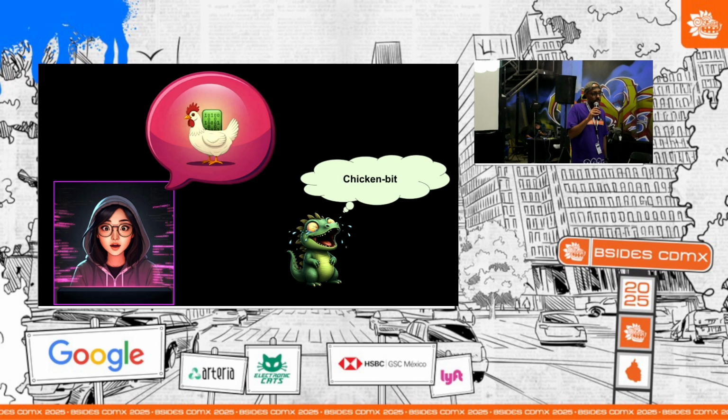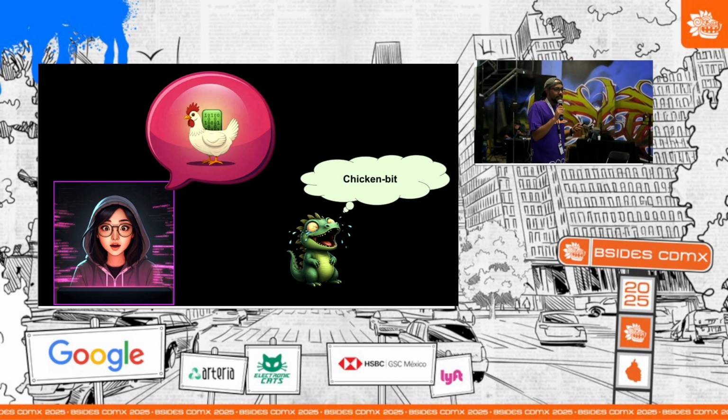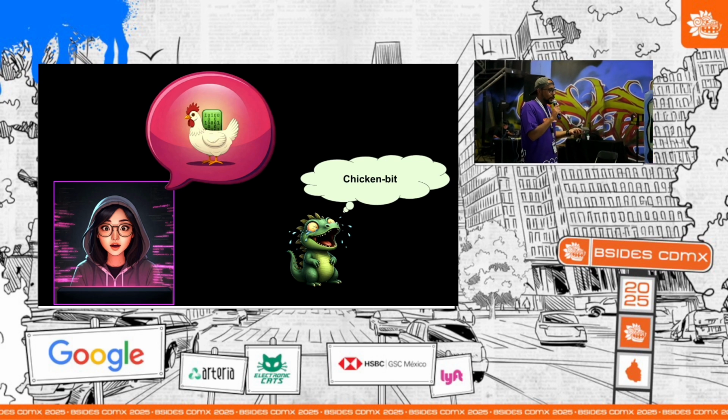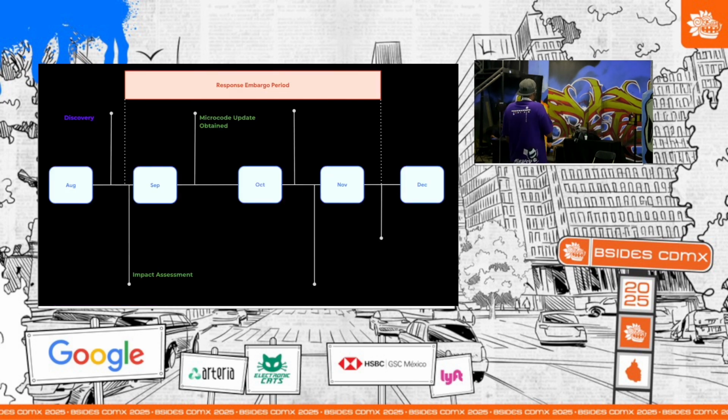But what we thought was we could just keep this solution in our back pocket, just in case the vulnerability gets leaked, then we can use it. Because if a hacker finds this, hacks into us and uses this vulnerability, and shuts down 100%, 10% is better than 100%, right? So that was kind of the idea. The good news is that the vendor did actually provide the microcode update. So they were like, here is a microcode update. You can apply it to all your machines and you'll be fine.